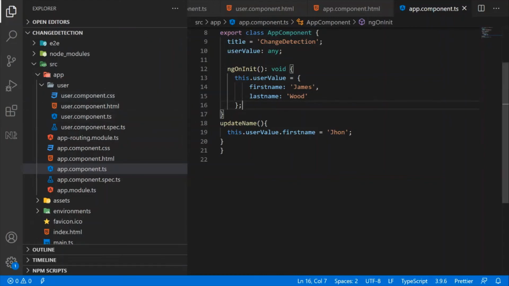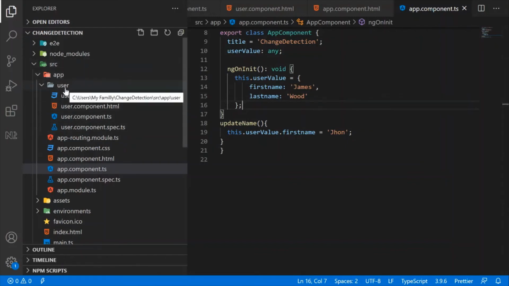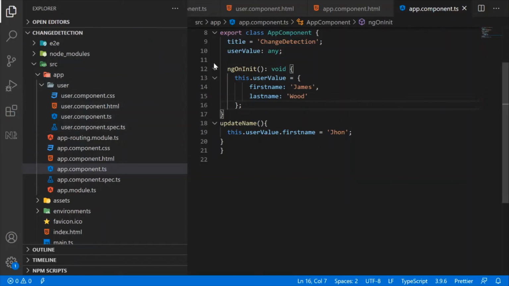Imagine that there are thousands of components in the tree and mutation of any data property can cause the change detector to traverse all thousand components to update the view.